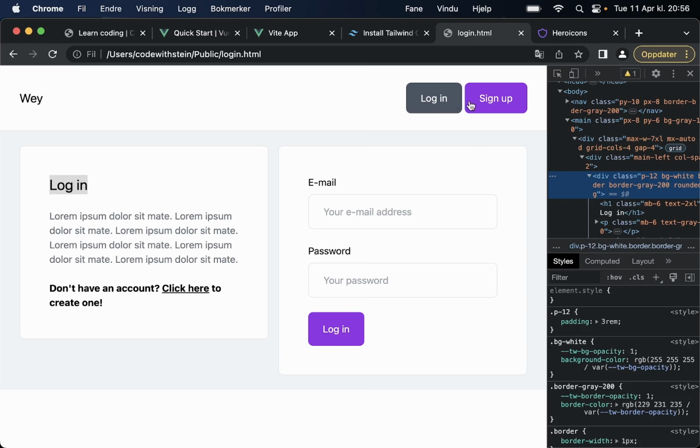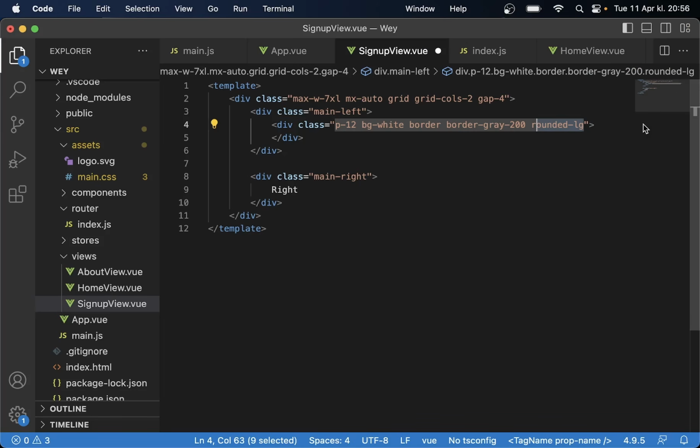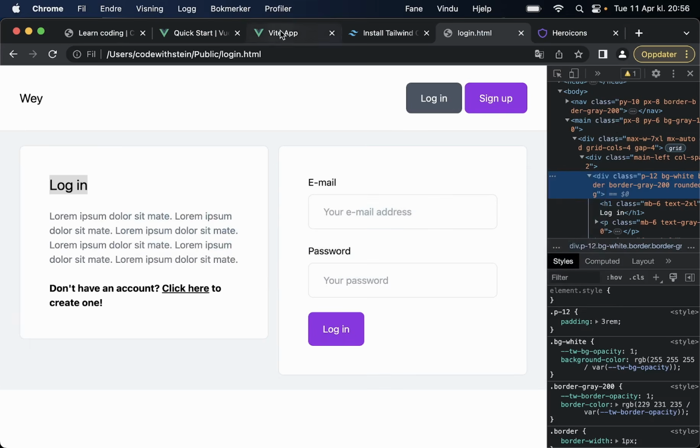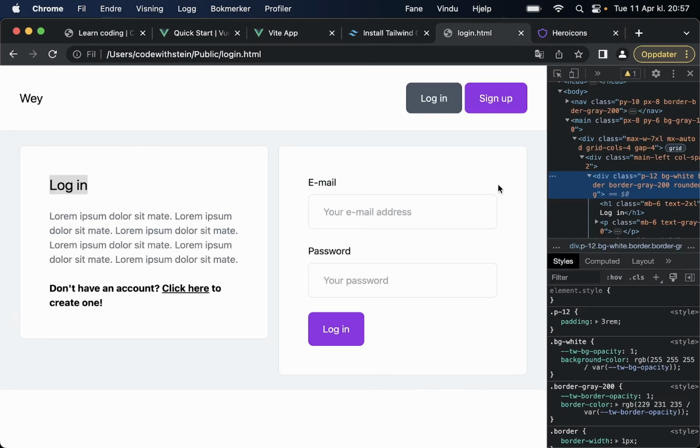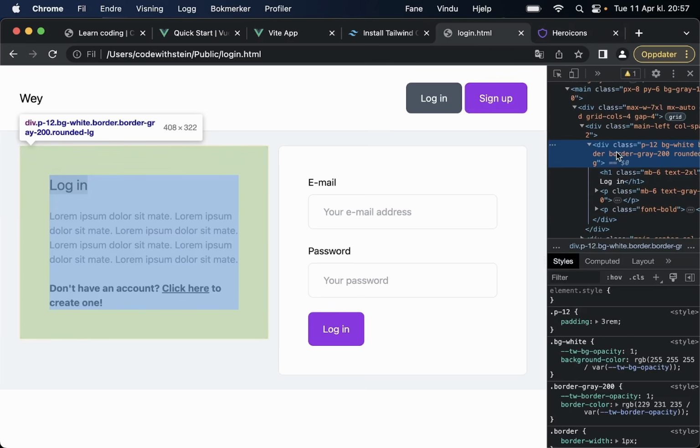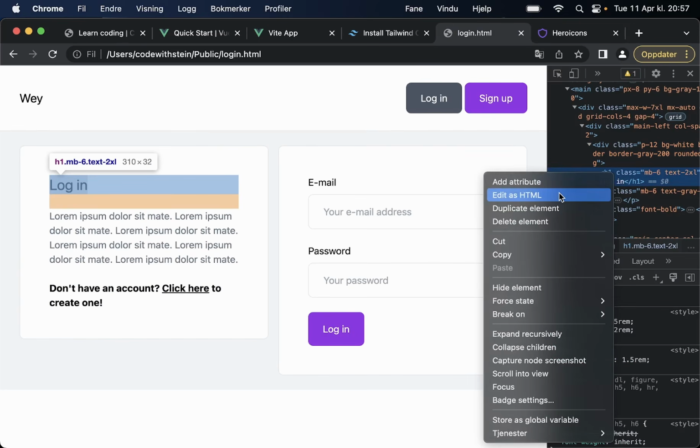So as you can see here, the menu is a little bit different now because we are not logged in, and I will come back to that and fix it a little bit later in this course. So if I now just type something random in here and save, go back here, you can see now that we have this white box here. Great. So in here we have the H1,